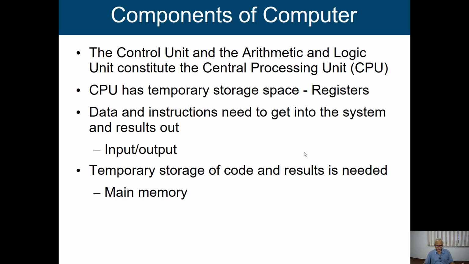So basically, in a nutshell, what are the components of a computer? We know that the central processing unit consists of a control unit and an arithmetic and logic unit. The arithmetic and logic unit, ALU, generally constitutes some arithmetic and logic operations, and we are going to perform those arithmetic and logic operations with the help of the ALU. And secondly, the control unit is going to coordinate all the components and help us to execute the program step by step.